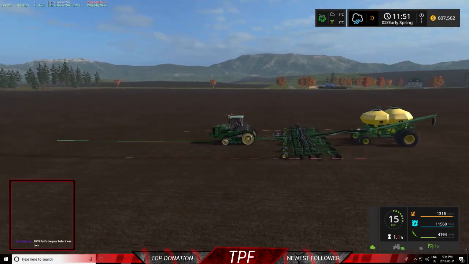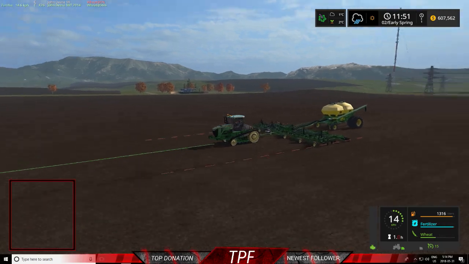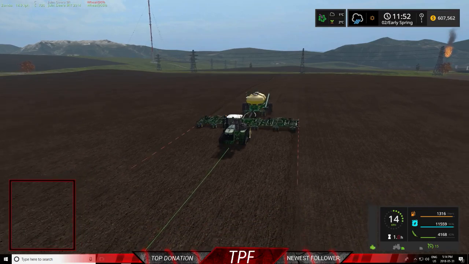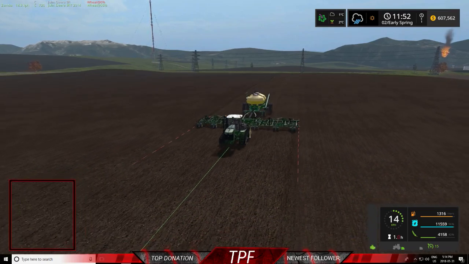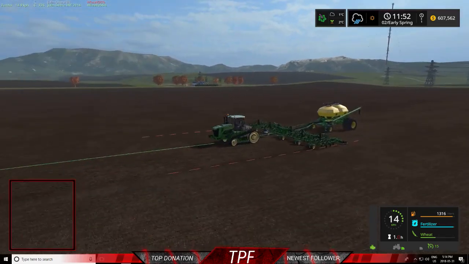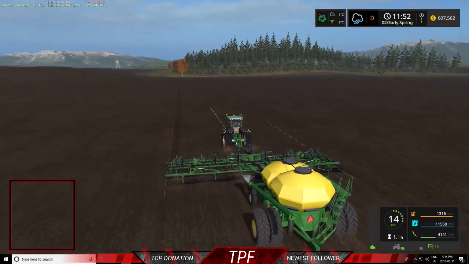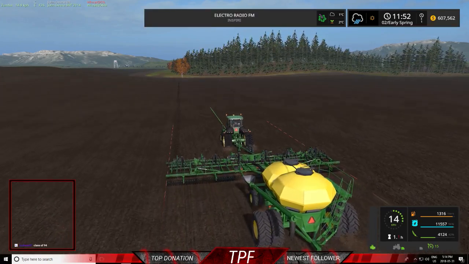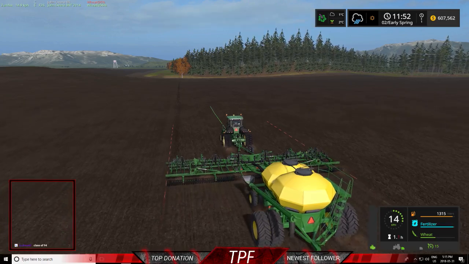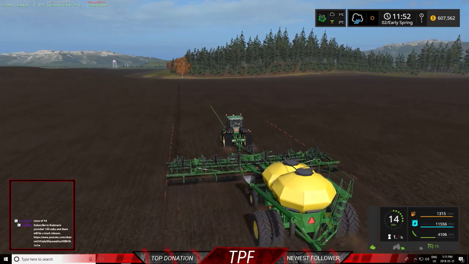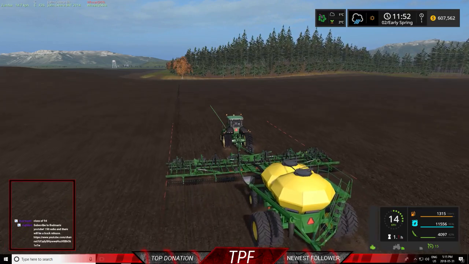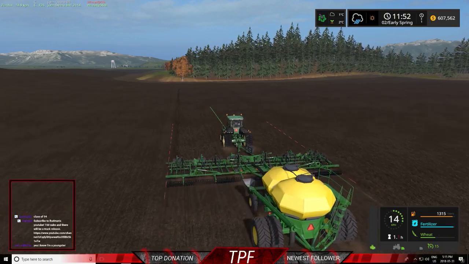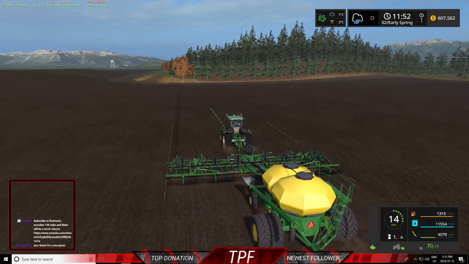I got to adjust the fertilizer on this. Fertilizer's at 96% still. Oh, that's crazy. Should be relatively the same to the wheat. Well, it depends. Like in our Bourgeau, when we're doing wheat, I believe I run out of fertilizer. No, I run out of wheat first. When I'm doing barley, I run out of fertilizer first. It's just how we have our tank set up. Run out of 46 first, and then canola. You usually run out of your fertilizer first, rather than the canola. But